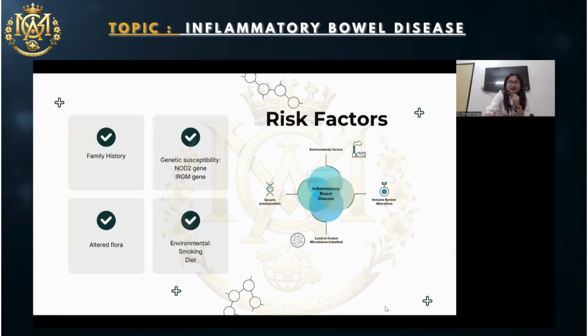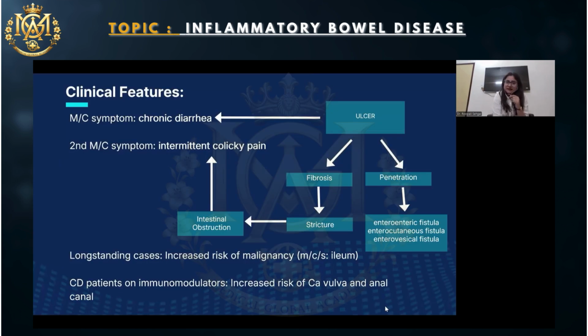First, we'll discuss the risk factors. The greatest risk factor for IBD as a whole is family history. Then there is genetic susceptibility. A lot of genes have been identified, like the NOD2 gene and the IRGM gene. The most common symptom of Crohn's disease is chronic diarrhea, while the second most common symptom patients present with